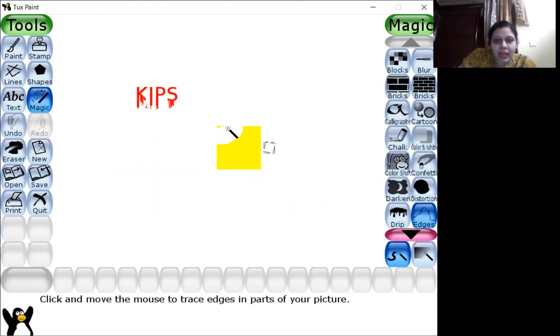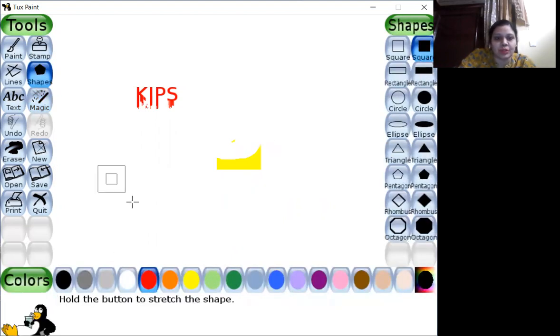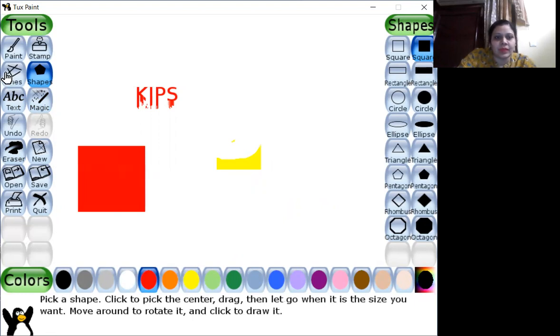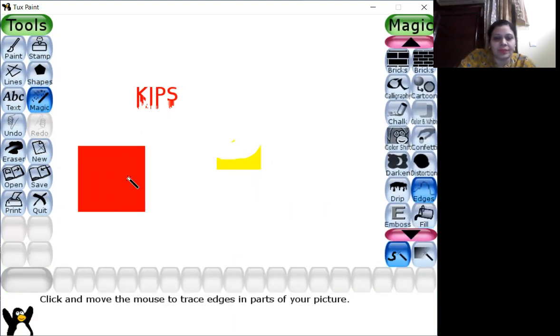Suppose I am moving my magic wand here. Now, what happened? It got erased simply. Yes, but now if I do it again, it's a little light color. Let me take a darker one, then I'll show you again. Okay, so let's go now. Edges here: 1, and if I go for second, 2, go for third, 3, go for fourth.